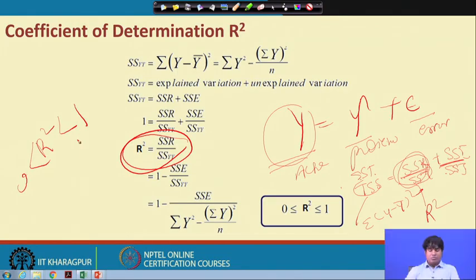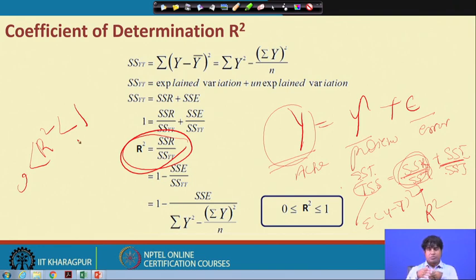So, it depends upon variations, and sometimes R square is considered a good indication for the kind of prediction. The usual understanding is that the higher the R square, the higher the prediction, and the lower the R square, the lower the prediction or fitness, but this is not always correct. But in the first instance, if your model gives a high R square, then the goodness of fit will be considered high, and if the R square is low, the goodness of fit of that particular model will be low. So, ultimately we have to see what the level of R square is.